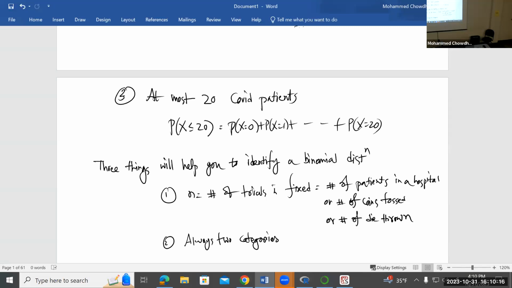Even if there are multiple categories, you can categorize them as two. For example, with 6 numbers, odd numbers are one category, even numbers are another category. Clear, right? Always two categories, and